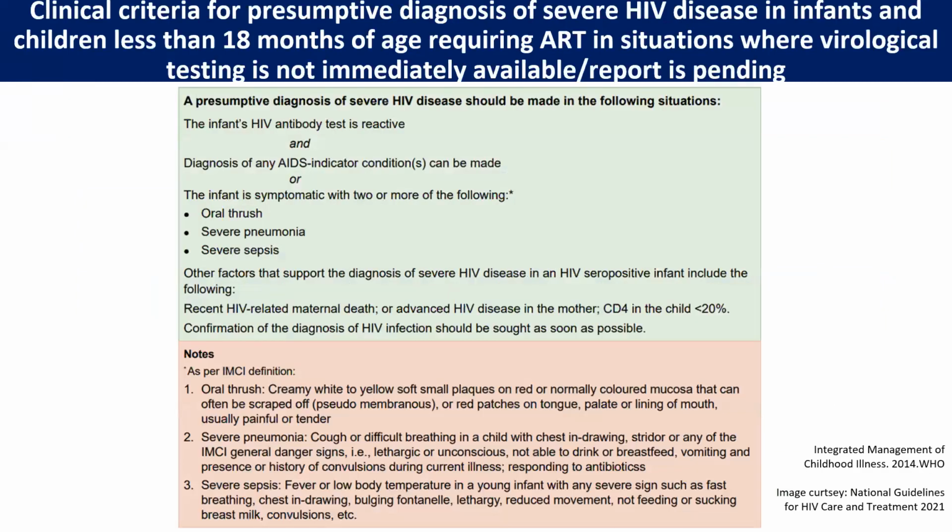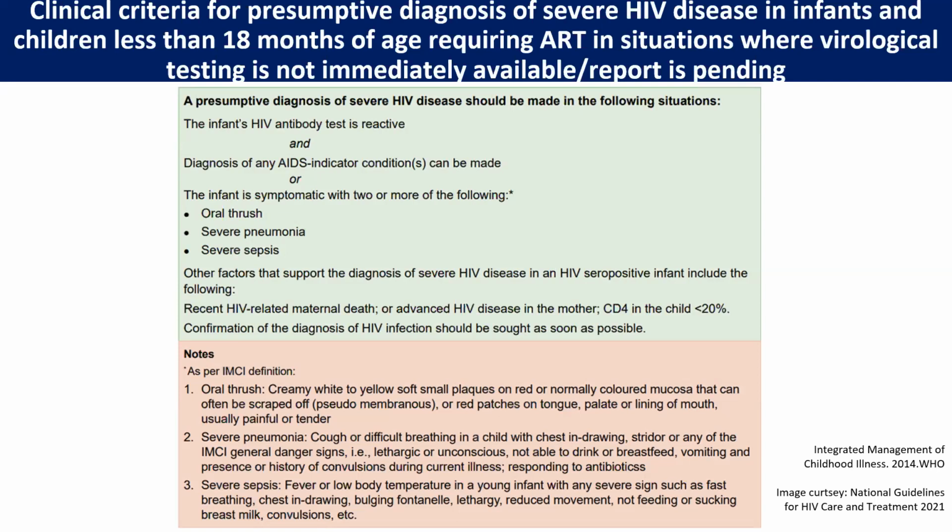In some situations nowadays, the kits are not available to do DNA PCR, and we are seeing a lot of symptomatic children. So in these children, presumptive diagnosis of HIV can be made. First you do a rapid test in the infant. If it is reactive, and the child is also having WHO stage 4 disease, or the child is having oral thrush, pneumonia, or severe sepsis,